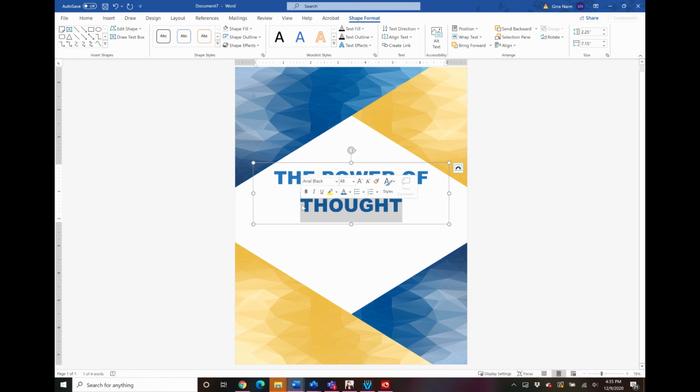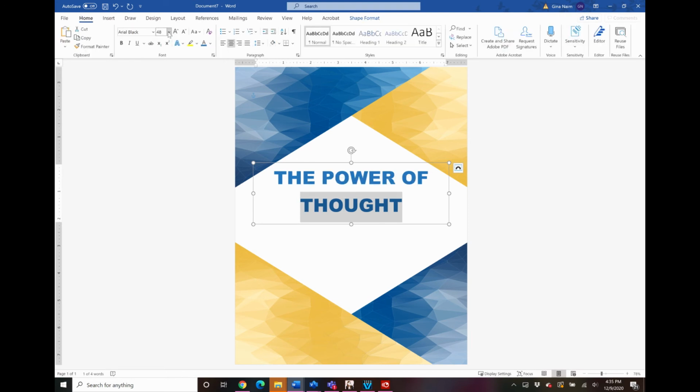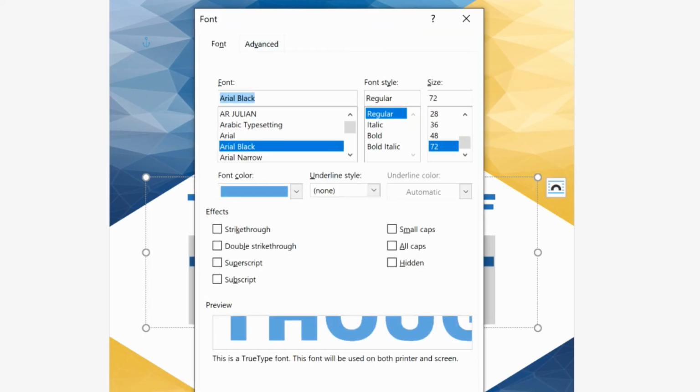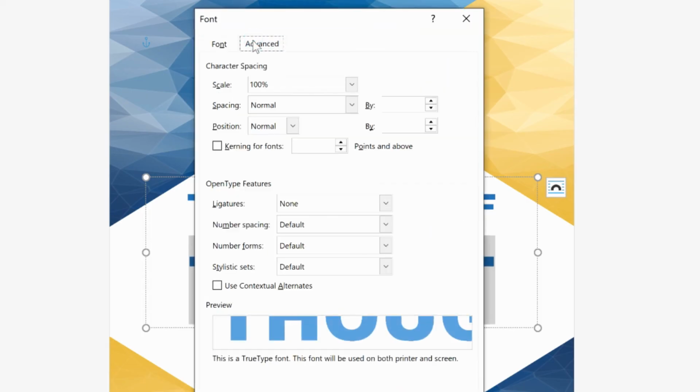Then I'm going to make the word thought really big. So let's make that word thought 72. And you can also spread it out. This is called kerning in print terms or graphic design terms, but in Microsoft Word, it's called spacing under font.